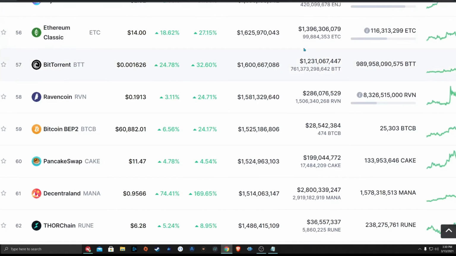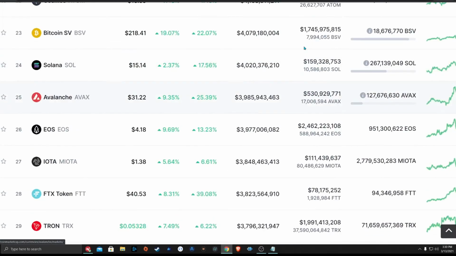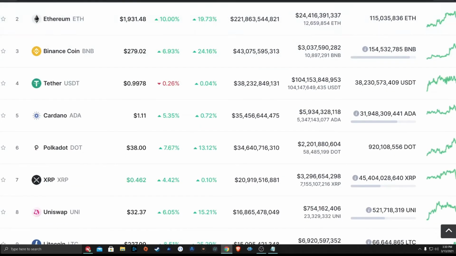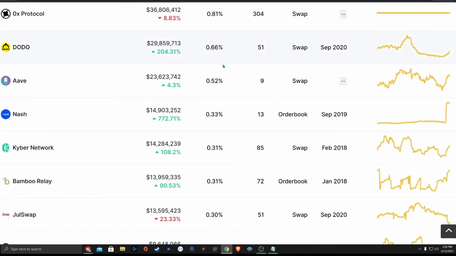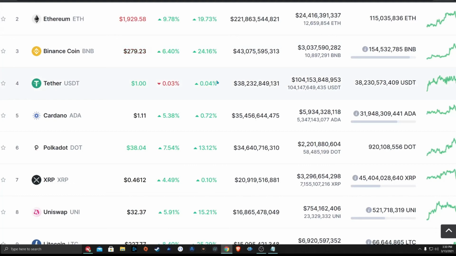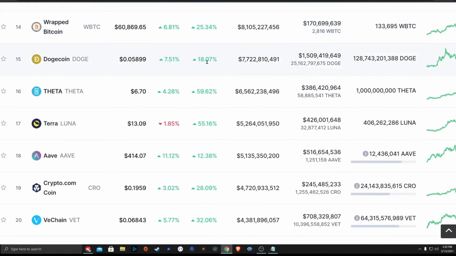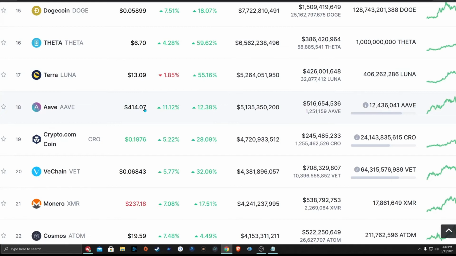So another thing I noticed when I was going through these decentralized exchanges, right over here, I've been big on NEX, so I like to watch this stuff. The 24-hour volume of NEX has been skyrocketing, right? It's up 772% today for the exchange volume. That's a big growth. It's right on the tail of Aave, and I like to compare these, right? Because Aave's sitting over here at $414 a piece with 5.1 billion in market cap,